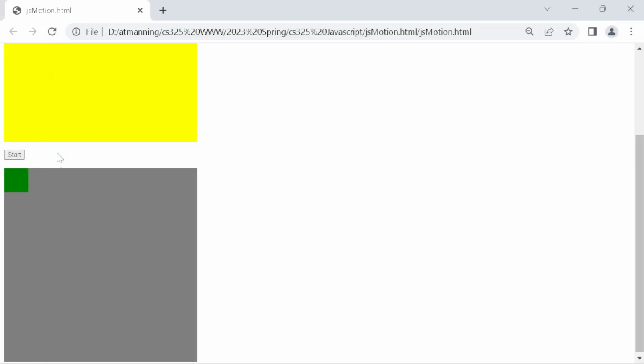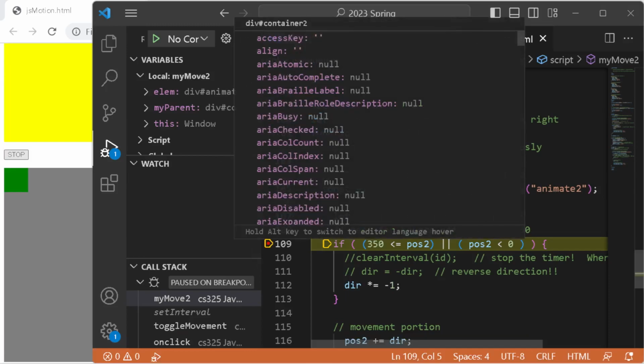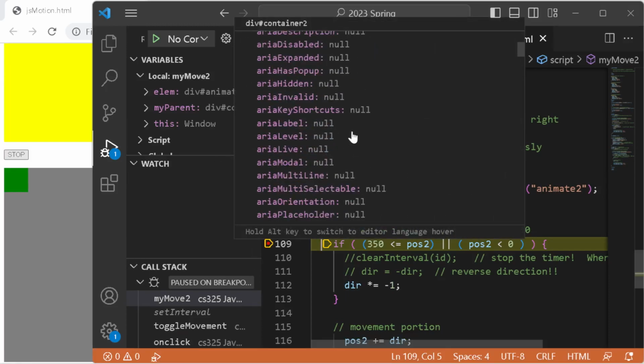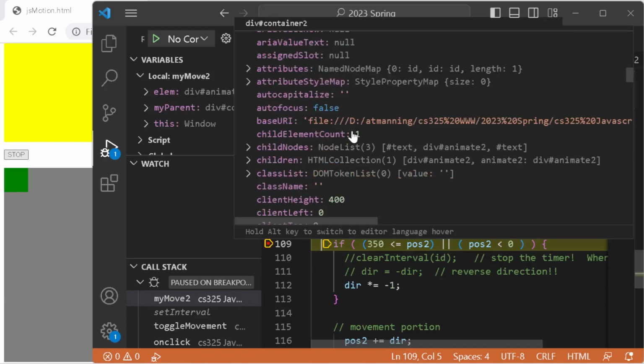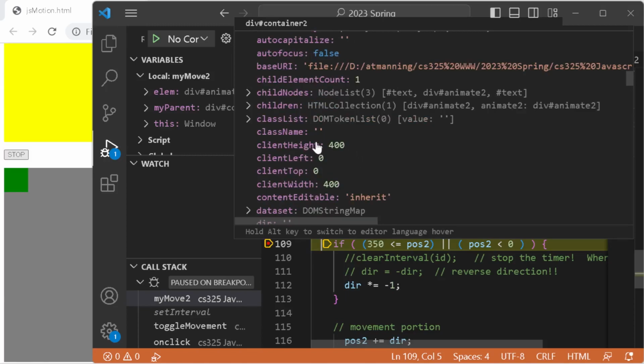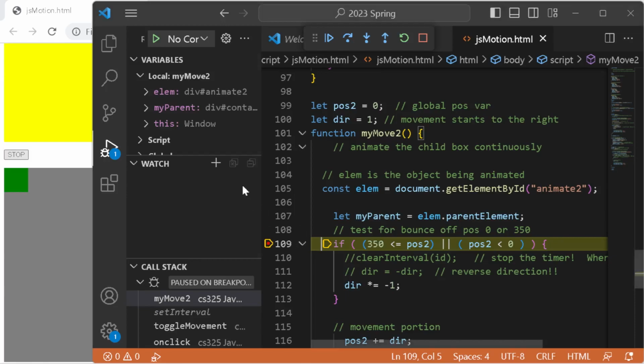Now when I refresh, start, hit my breakpoint, I can come over here, hover over my parent, hover over the properties of my parent, and look what I can find out. My parent has, way down there, a client height and a client width property. Client height and client width will tell me what the boundaries of my little box are. So rather than hard coding 350,